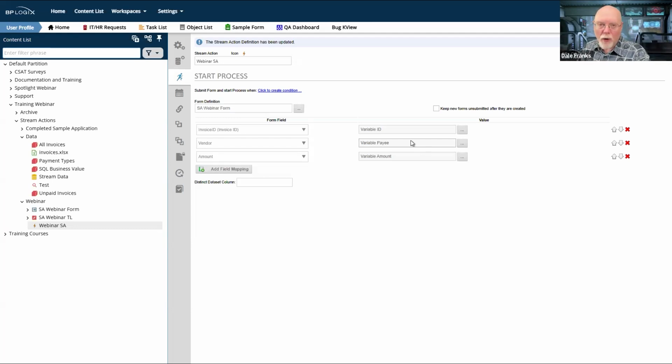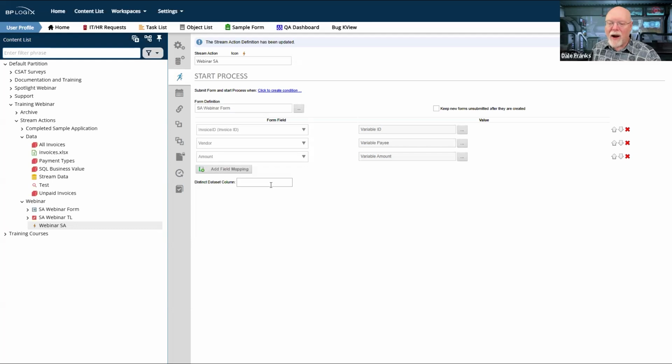They're 2 separate invoices, and they both have to be processed, but all of the data is going to be the same with the exception of the ID field, right? Because the ID is always unique. So the payee will always be Acme Electric. The amount for both of those is going to be $2,000, entirely coincidentally. And so the only difference is going to be the variable, the ID.